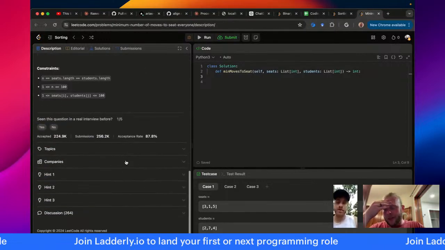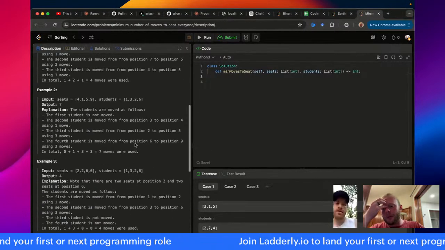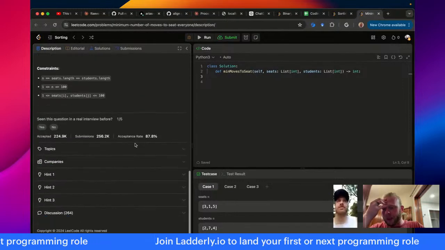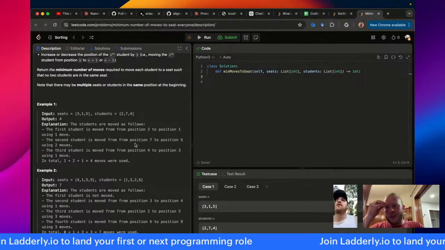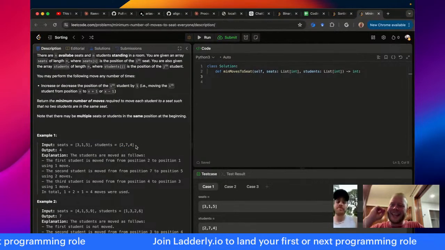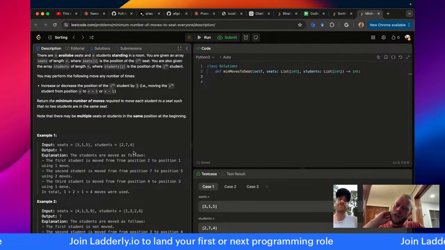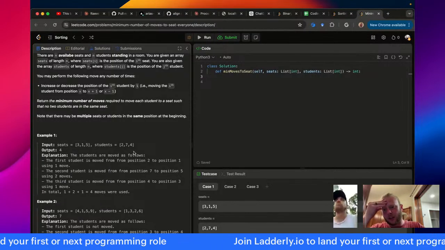So what's wrong with that? That feels like a fine answer, except that this is in the sorting category, so I feel like I'm supposed to be sorting. Yeah, I think they want you moving one way or the other. So if I sort the students, that's going to be n log n. What's the point of maybe I sort the students and the seats? Okay, so then that would be O(2n log n), which is asymptotically n log n.